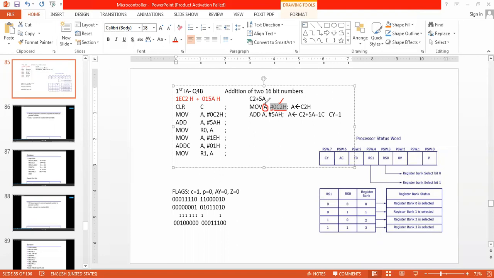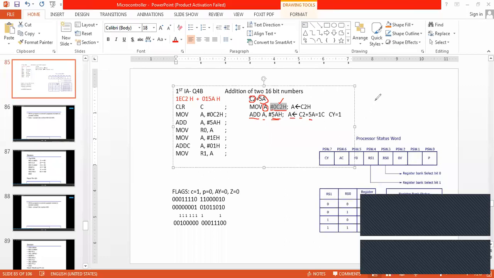What is the other value I have to add with C2? 5A. So ADD A, which already has C2, with the 5A data. 5A plus C2 will be added and stored into A.